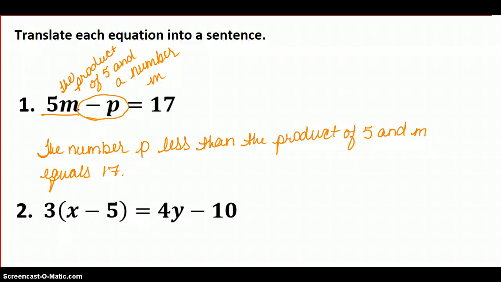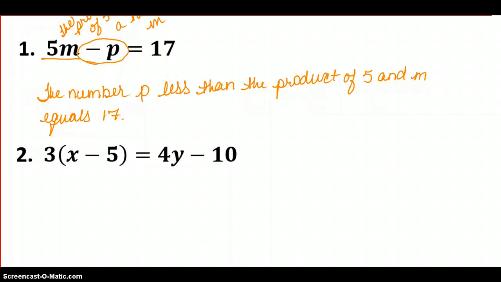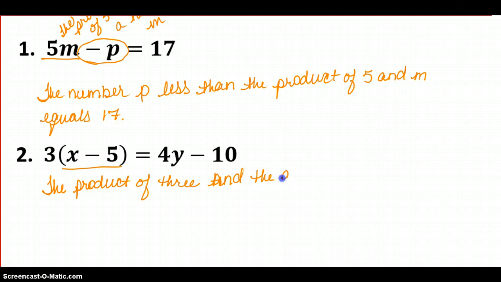Now, as we talked about, when we have these parentheses, we have to somehow group the x and the 5 together. We have to make sure that 3 gets to both of them because it's the distributive property. So I'm going to use the word and. So the product of 3 times 3 and, why don't we bring them together and say the quantity, because we know that's a single quantity, and the quantity,